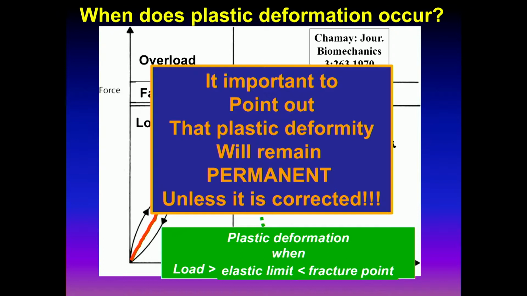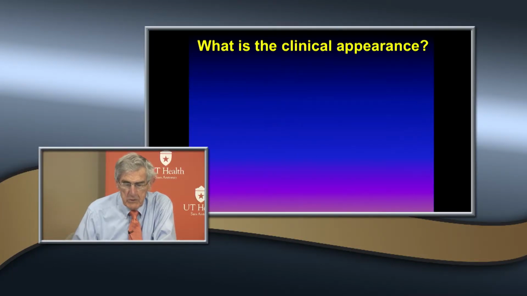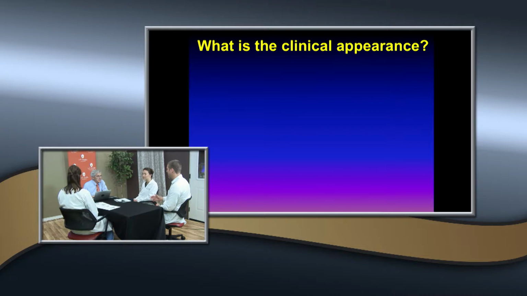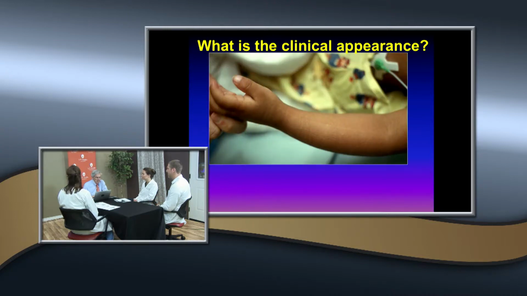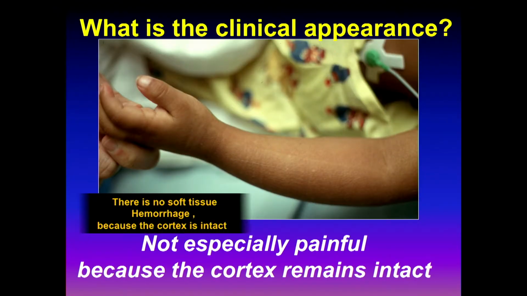That's very important, that even though you don't see an obvious break in the cortex, you have a deformity, and it's got to be corrected. So, what's the big thing in the clinical appearance? What do you see? Usually loss of motion, pronation, supination. That's right. Well, look, it's crooked, but is it broken? And so it's not especially painful because the cortex has not been broken,